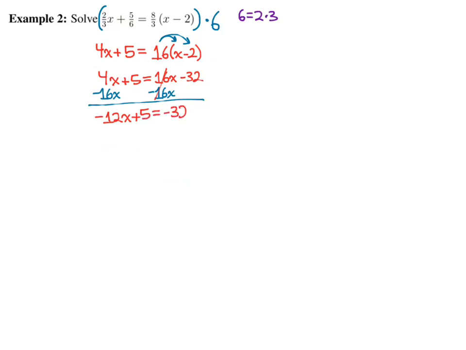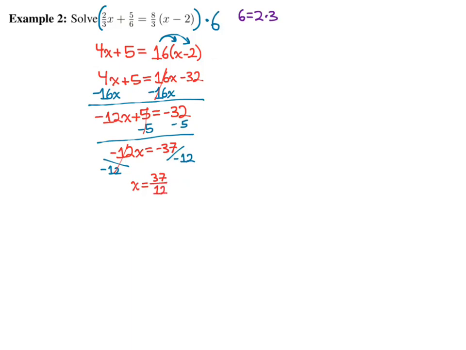This leaves us with negative 12x plus 5 equals negative 32. All right, so now, moving the 5, negative 12x equals negative 37. Okay, so you've got to divide by negative 12, because it's negative 12 times x, so divide by negative 12. And then the negative 12s go bye-bye, and so x is